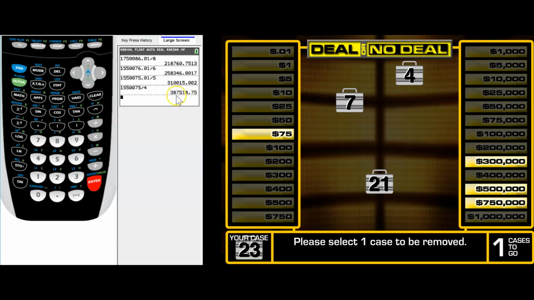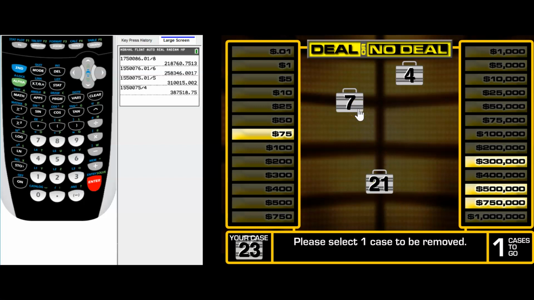And you could see that the offer this time, their offer again, is a little bit above what is theoretically expected. Remember, their offer was $390,000. So these last 2 offers that they've given us, it's almost like they're saying, here, take this, take this. Maybe the banker is concerned that we're going to walk away with $500,000 or $750,000. But again, they're offering us something that is better than what we could theoretically expect if we were to play this an infinite number of times or a very large number of times and always average our winnings. And so that would, again, be reason to accept that deal.